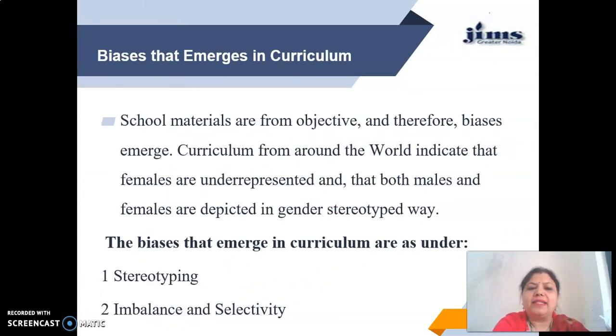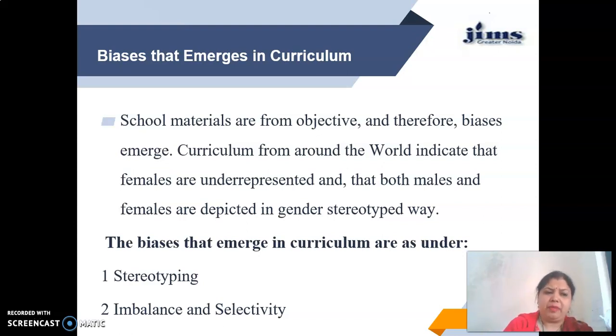Now, what types of biases emerge in the curriculum? School materials are not objective, and therefore biases emerge. Curricula from around the world indicate that females are underrepresented, and that both males and females are depicted in gender stereotyped ways. The biases that emerge in curriculum are: